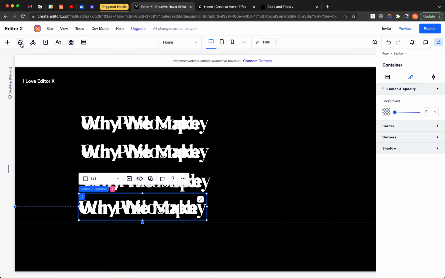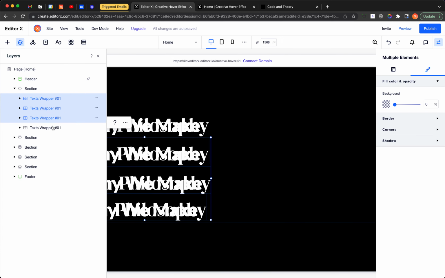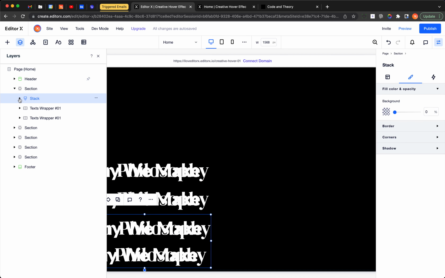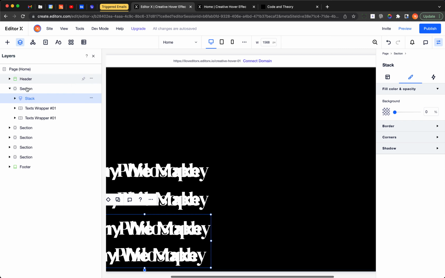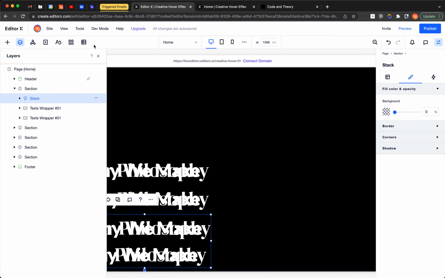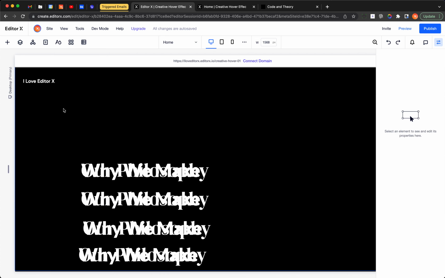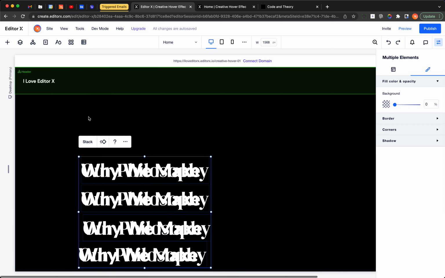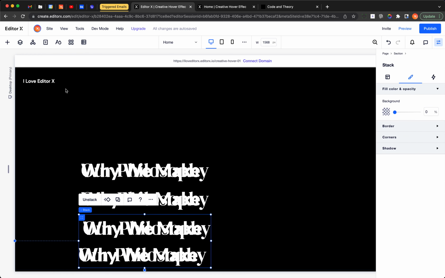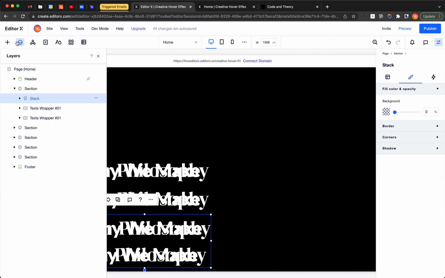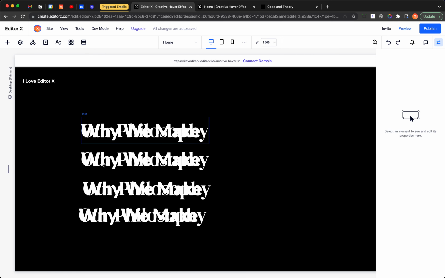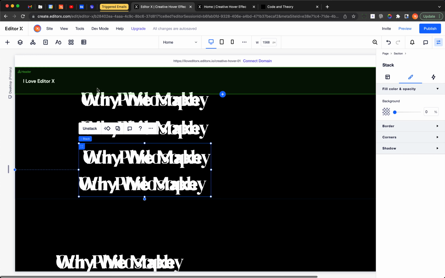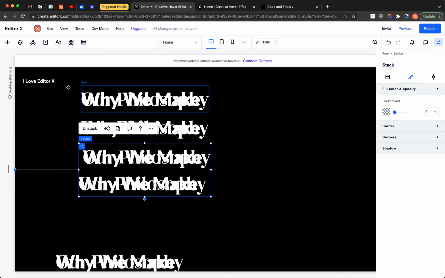All right. So now from the layers panel, I'll choose everything, and I stack them together, which basically creates another container right here. Oh, I didn't choose everything. Okay, let's do it again. 1, 2, 3, 4. Stack. Okay, so let's do it like this. We have this stack element,